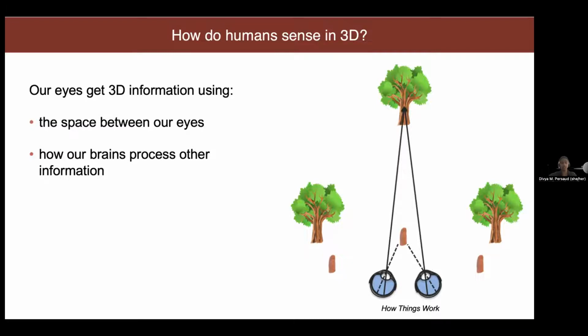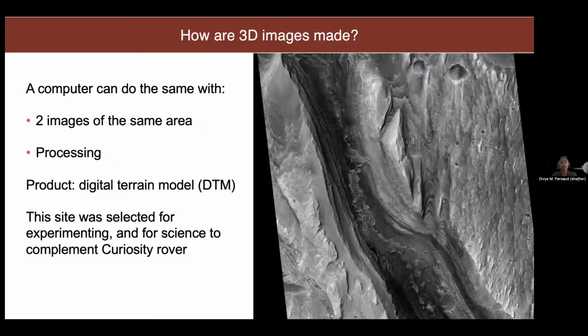So if you cover an eye and try to walk a sort of perilous path, it's really hard to balance. That's because you're not getting the full depth information. You're just probably guessing it from shadows and such. Computers do much the same way. So if we think about image processing, the principles are the same. These image processing algorithms are based on how humans understand the world around us.